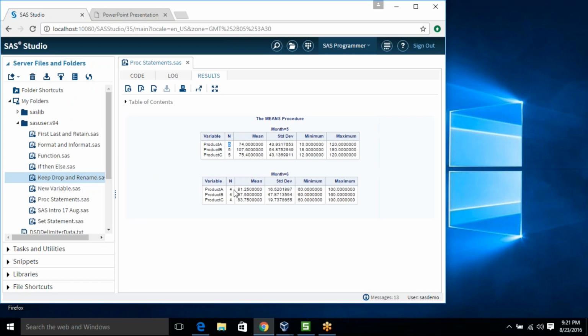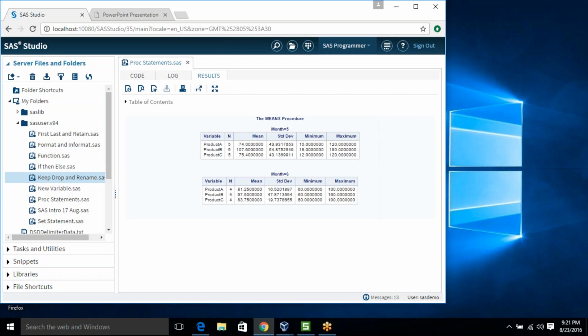But for month 6, product A is 4, mean is 81, standard deviation 16, minimum is 60, maximum is 100. I am doing the same thing at the month level, so I specify month in the BY statement.